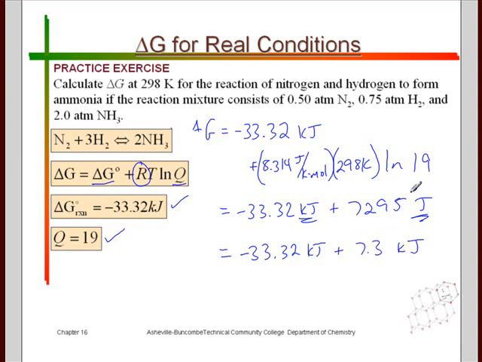Sig figs, I think I'm using 2 sig figs from the reaction quotient there. And then now the value is negative 26.0 kilojoules. So, as we see, at standard temperature 298 with the new partial pressures, this is still a spontaneous reaction. So it's still a favored reaction with this negative value here. So again, that's just a predictive property of delta